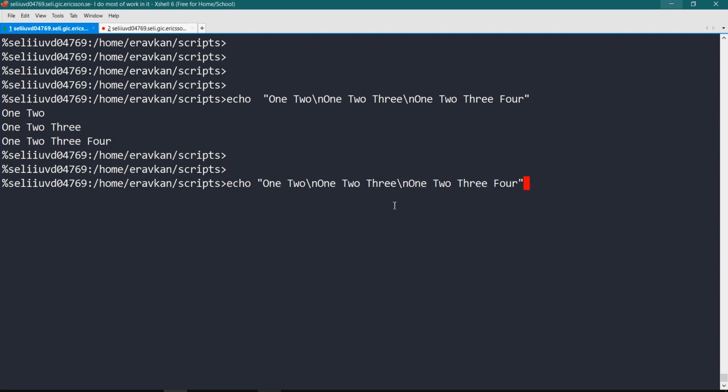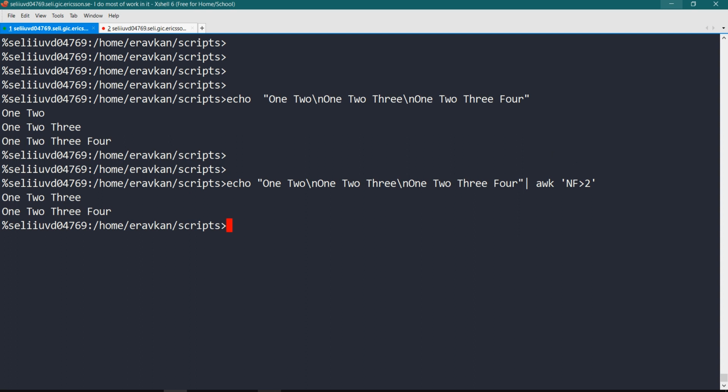Now suppose I want to display the lines in which the number of fields is more than 2. Then I can do this. You see this one is skipped because here the number of fields was 2, and here the number of fields is greater than 2. That's why I get this particular output.